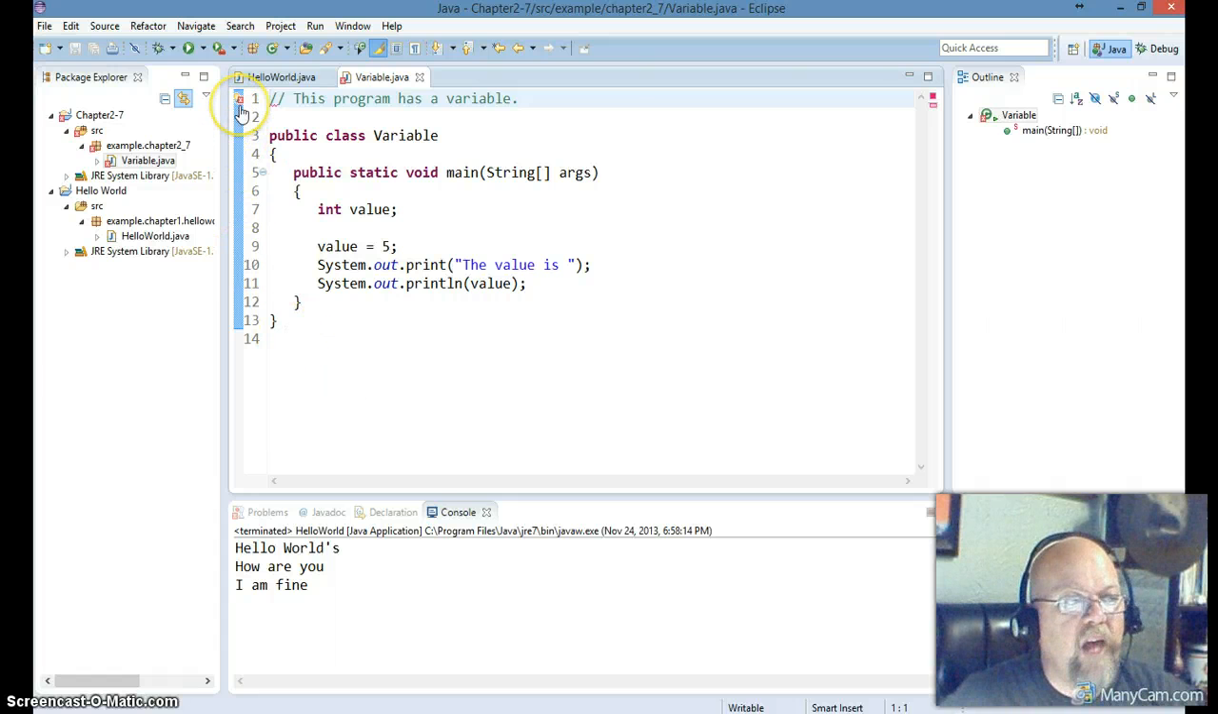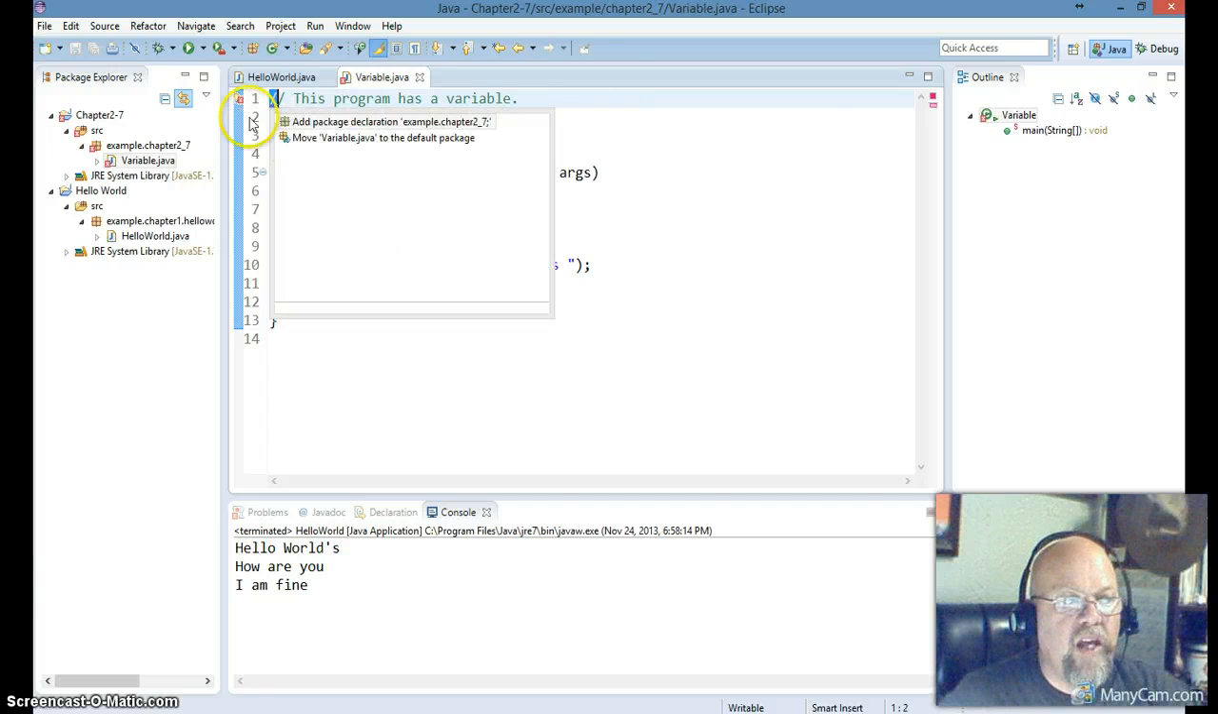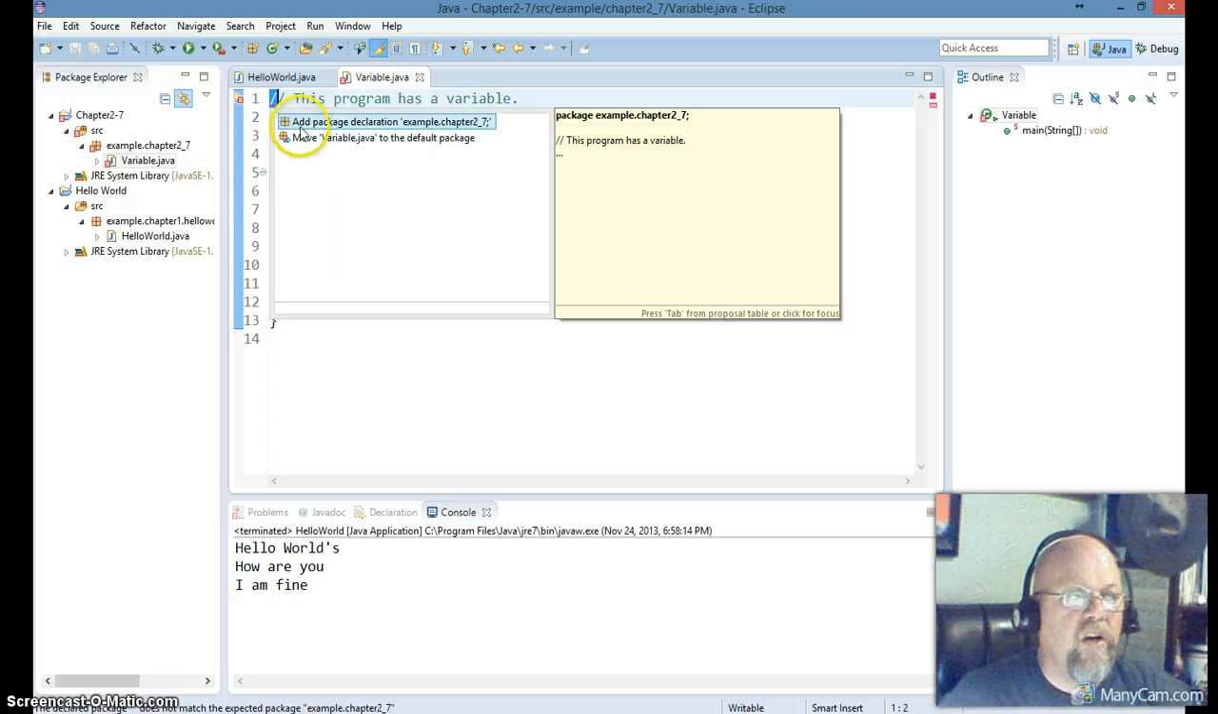Whenever we see this light bulb with a red X on it, that is telling us something. It says, I don't know what to do here. Now a lot of times we can point to it and it tells us the declared package does not match the expected package. So if I single click on it, it says, hey, I got some hints here. I can go ahead and add the package declaration for you, or I can move the variable.java to a different package. Well, I'm going to go ahead and double click this first one, add the package declaration for me,